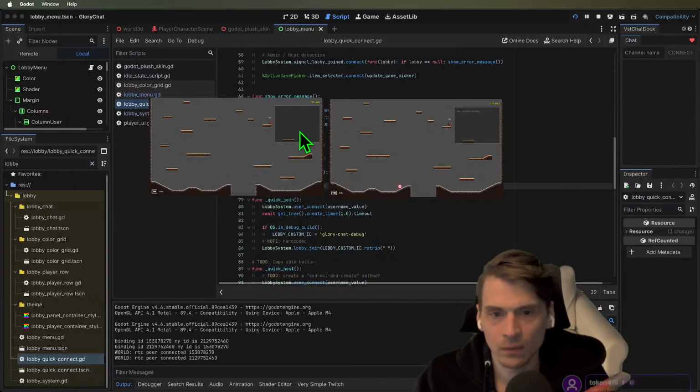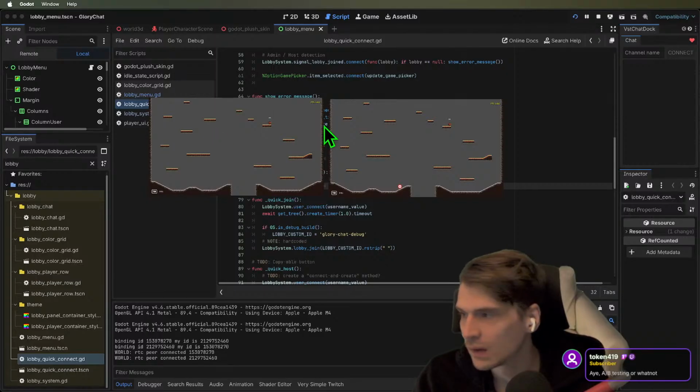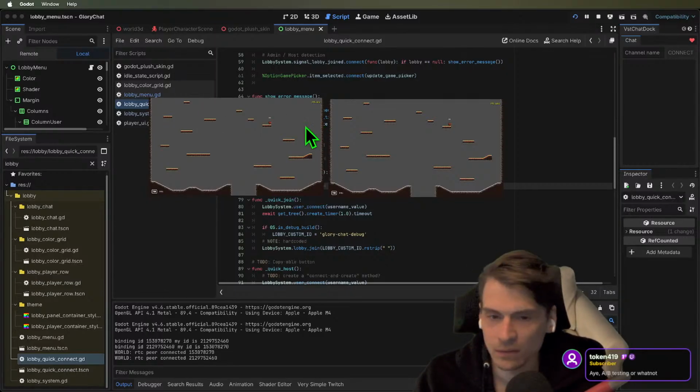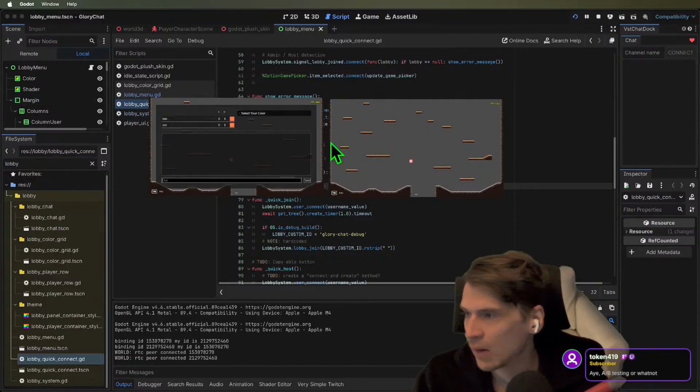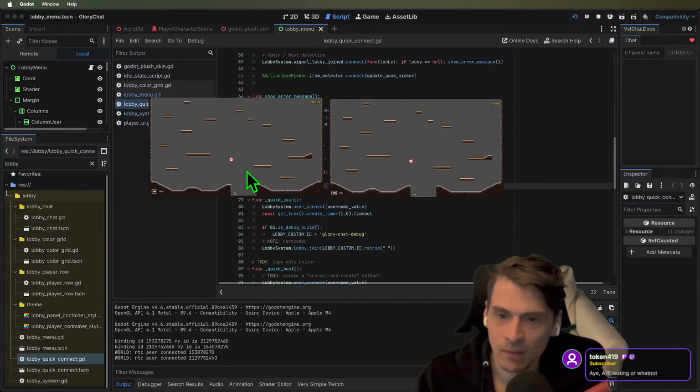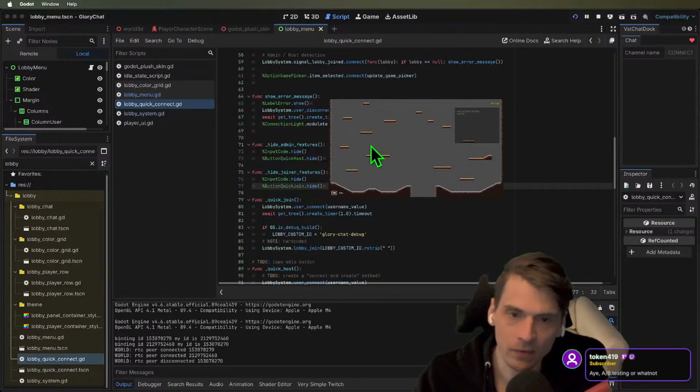All right, so yeah, confined works here. Okay. So you see how my mouse is trapped into this session over here on the right for AAA. And then when I hit tab, I can get out, and that's what I want. I want to be able to get out. And then when I hit tab, I want to be confined again. Yeah, perfect. Okay. Now the problem with this is that if we quit,